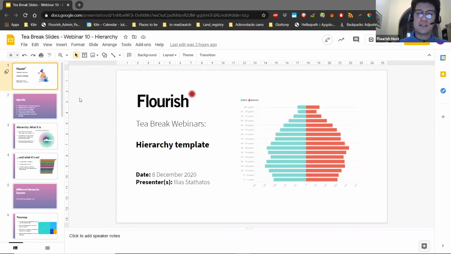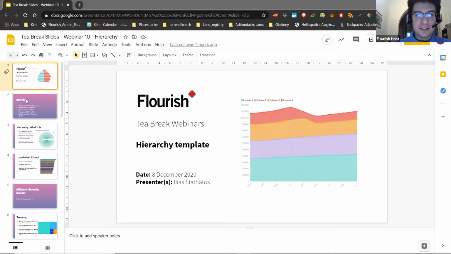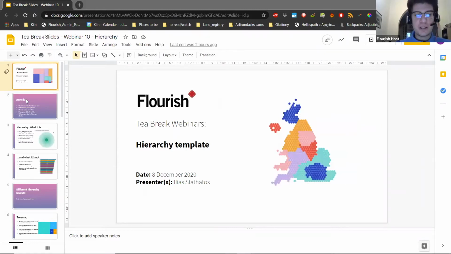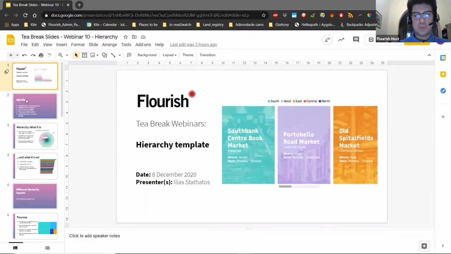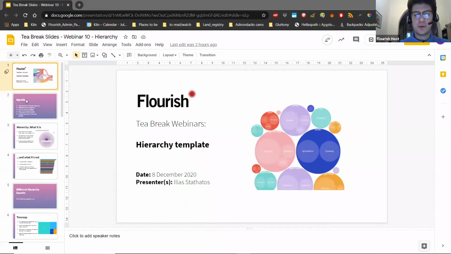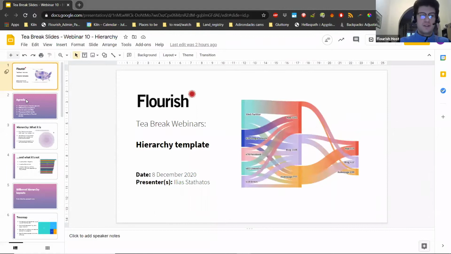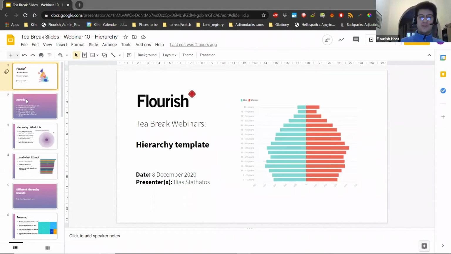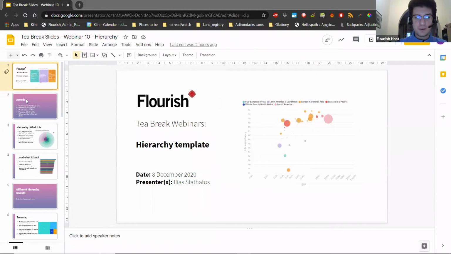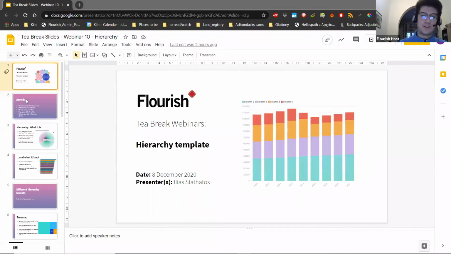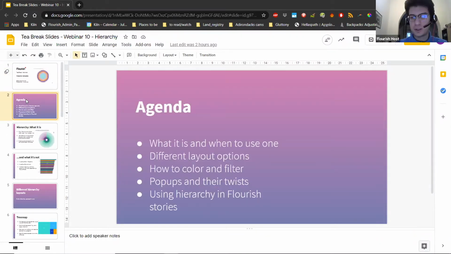The hierarchy template is one of the templates that can be used in quite a wide area of cases, and due to its very structure, you can see it in all kinds of visual stories. Today we will be briefly going through the following